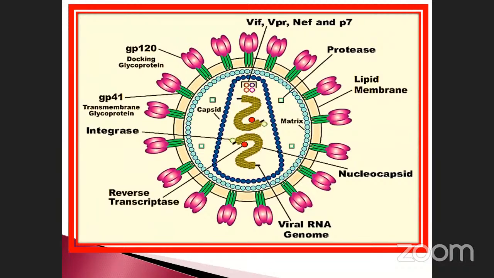Moving from outside to inside, there is a needle-like structure made up of two proteins, and on the inner side there is a membrane. What is this membrane called? See here, a bilayer covers the outermost part. Inner there is another layer, and again another layer. Inside there is a nucleic acid. Such viruses are called retroviruses.